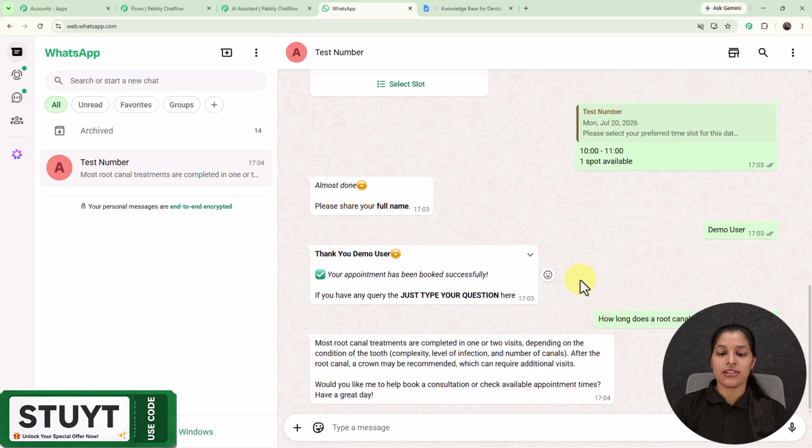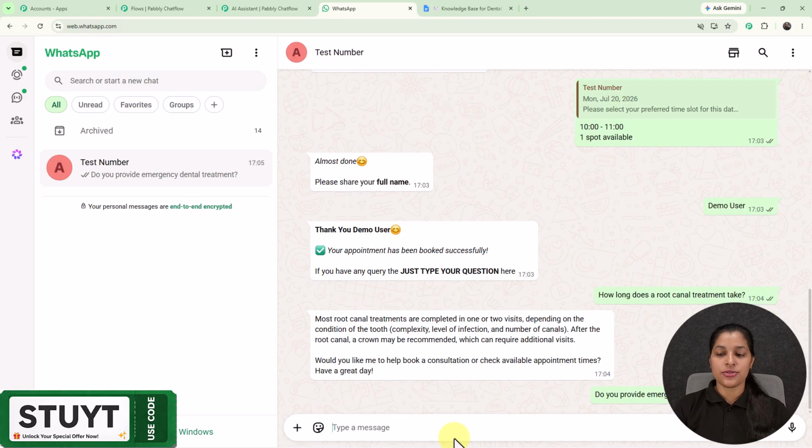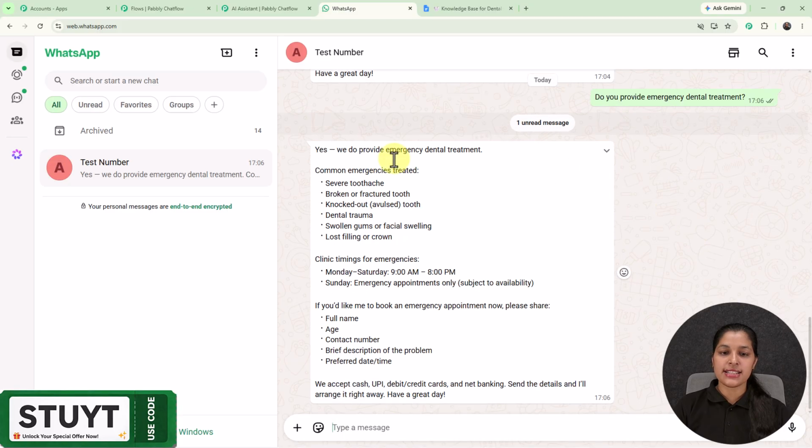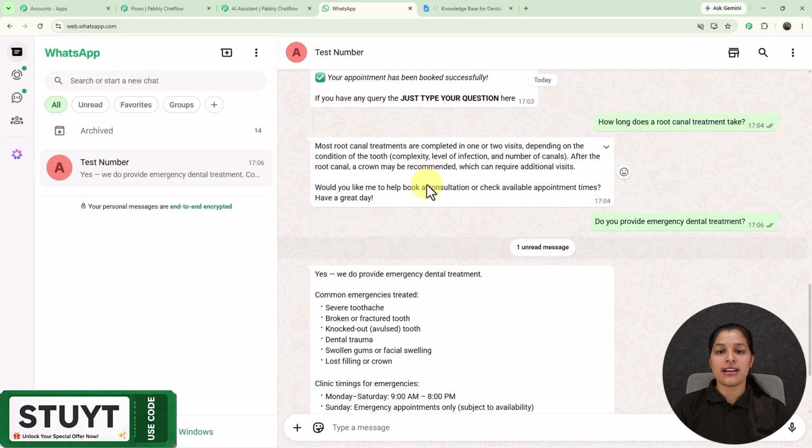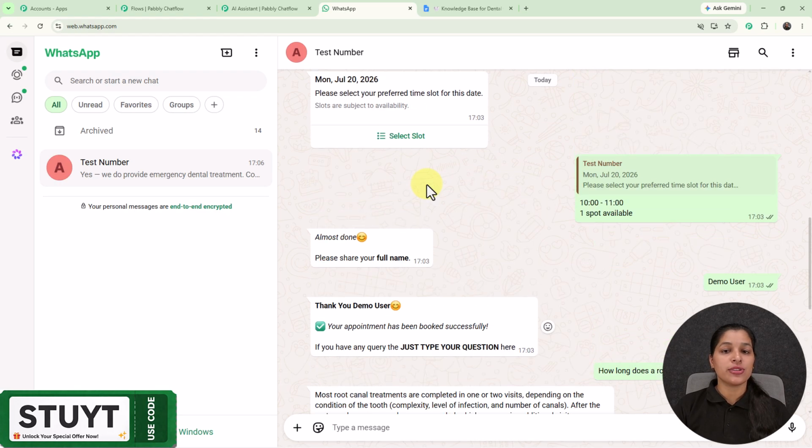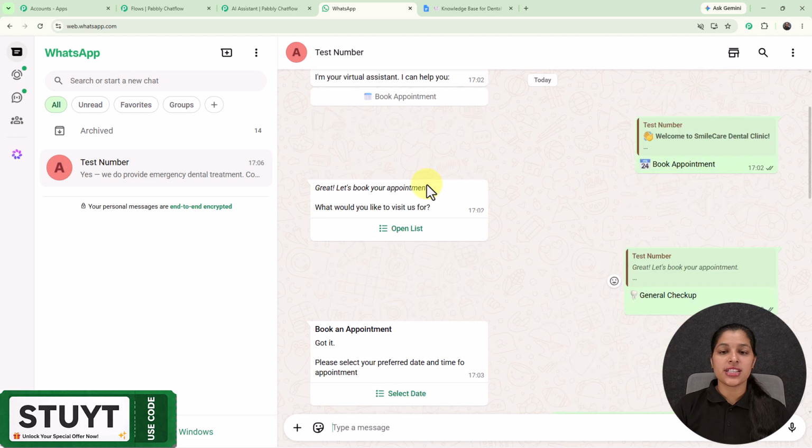Now let's enter another question to see the proper working. So here I'm going to enter this another question, that is, do you provide emergency dental treatment? And as I have provided this message, my AI assistant is responding to me with this message. So now you can see that I'm getting the answer of my question and I can even book the appointment too. So now you have seen the working of this WhatsApp chatbot and how WhatsApp can automatically respond to your